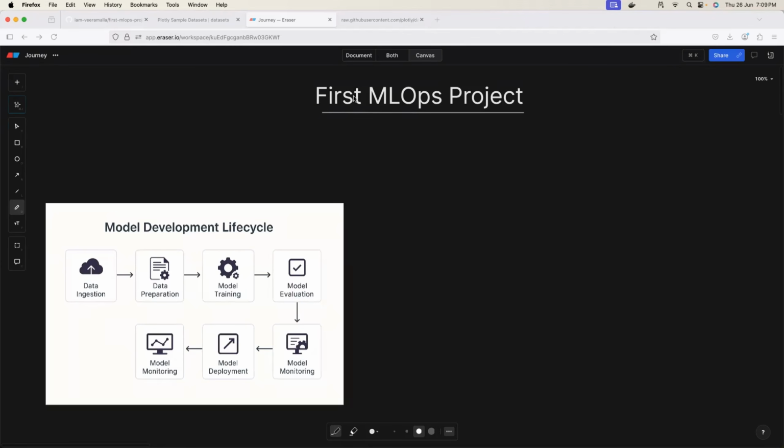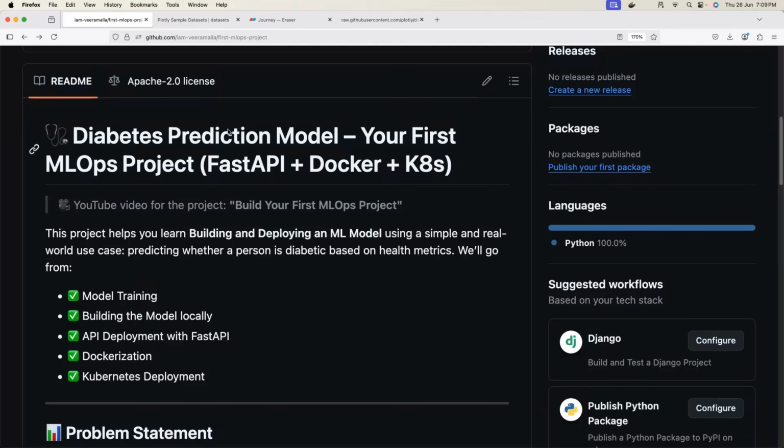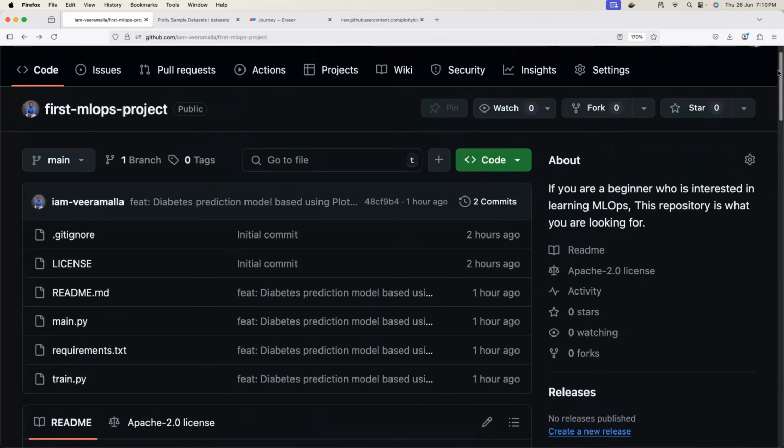In today's video, you will learn how to create, train, evaluate, build and deploy a machine learning model. So this is going to be a beginner friendly MLOps project and you will learn this entire project using a real-time machine learning model, that is diabetes prediction model. So I have written this model. So in this video, I will also walk you through the code. I will explain you how does this model work, and then I'll explain you how to train, evaluate, build and